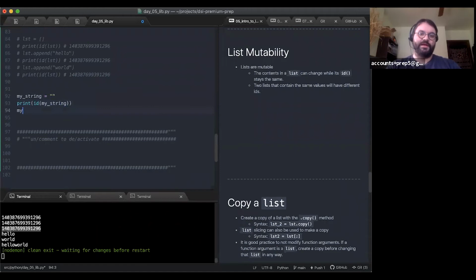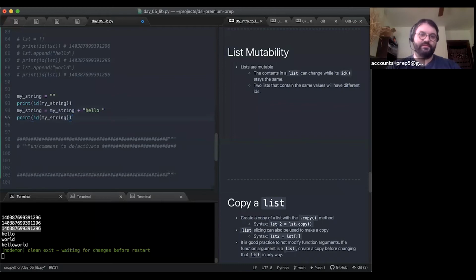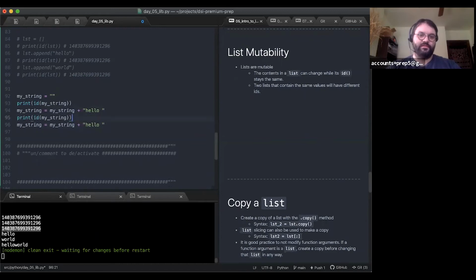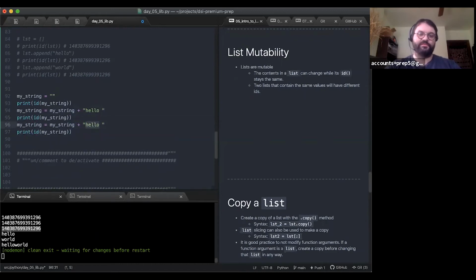And then I'll say my string equals my string plus hello, and then I'll print the ID of my string, and then my string equals my string plus world, and then I'll print the ID of my string, right?